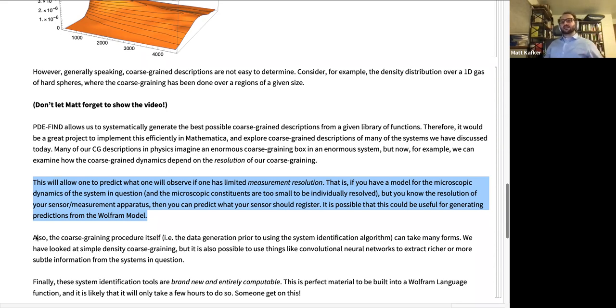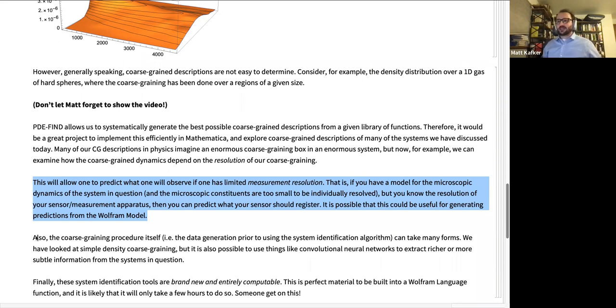The other thing is that you can imagine exploring the behavior of the coarse grained descriptions as you vary the scale of your resolution. So, at a certain level, if you zoom out far enough on a big enough system of hard spheres, there's just going to be a uniform density. And if you zoom in close enough, you're going to get some crazy undulating surface like the one that I showed you in that video. And there's presumably going to be some sort of continuous transition between these two regimes. And it might be interesting to explore this.